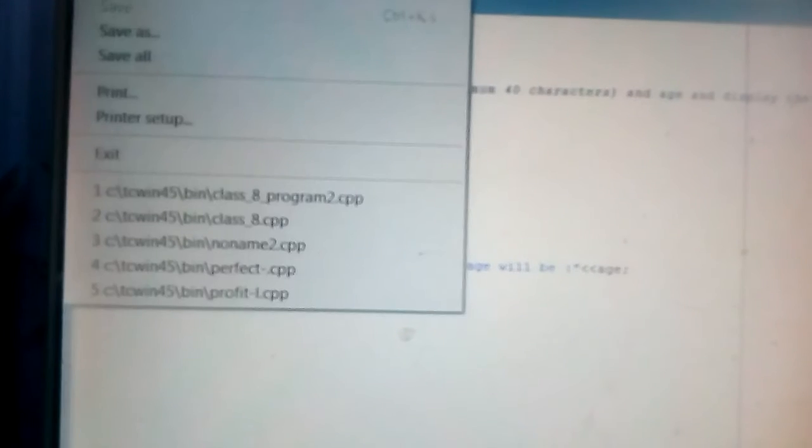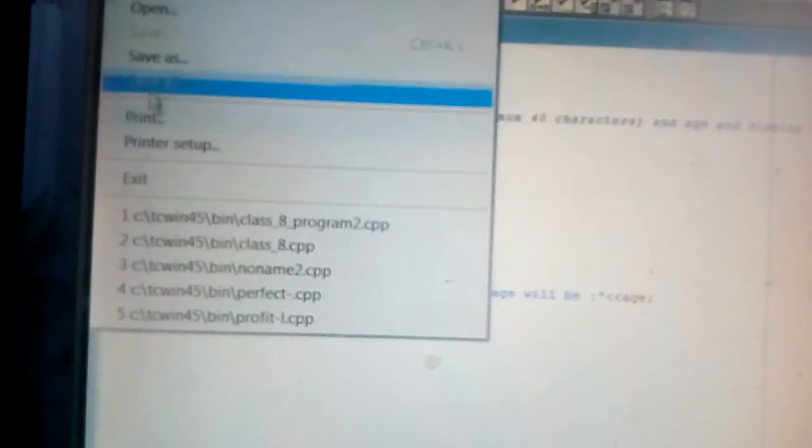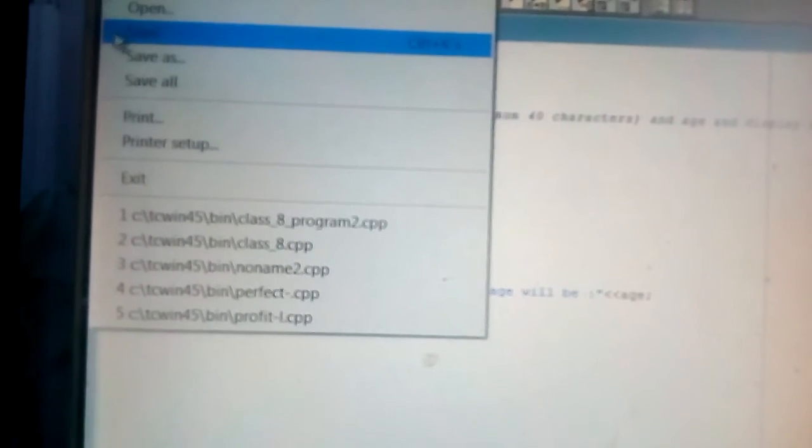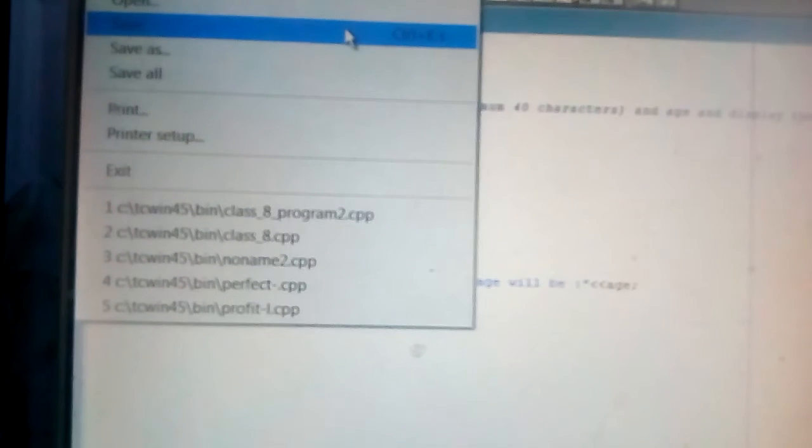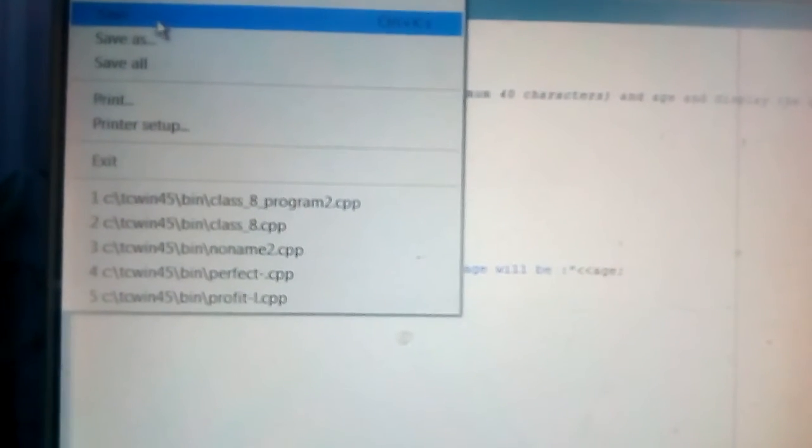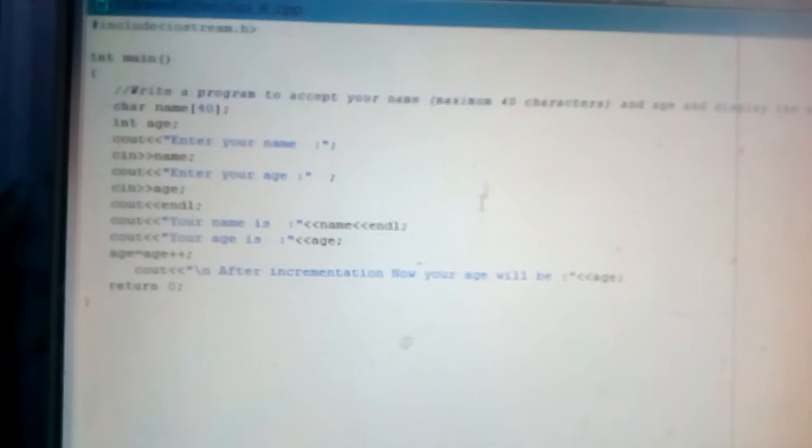So for that, first you write this program and then go to the file. Okay, and then save. Because I have saved, it is now inactive, so you have to click on save, then it will automatically be saved. And if it is the first time you are creating a program, then it will ask you to give the name of the file.